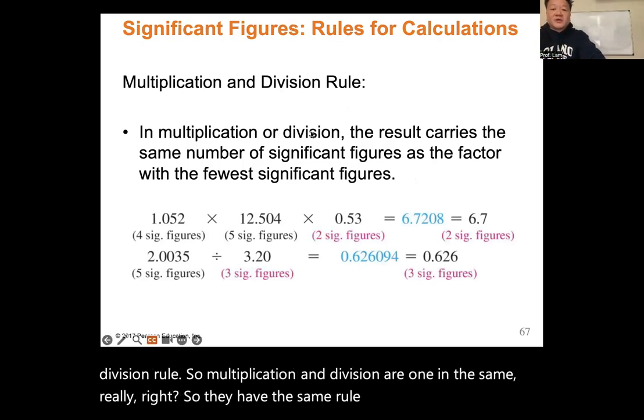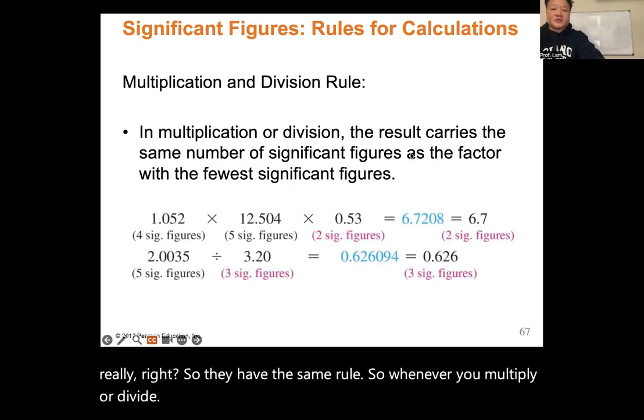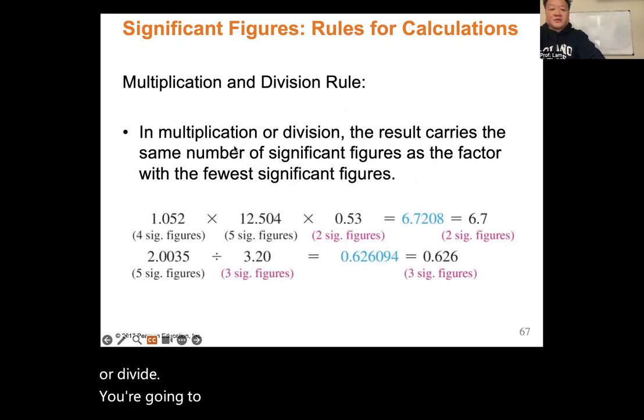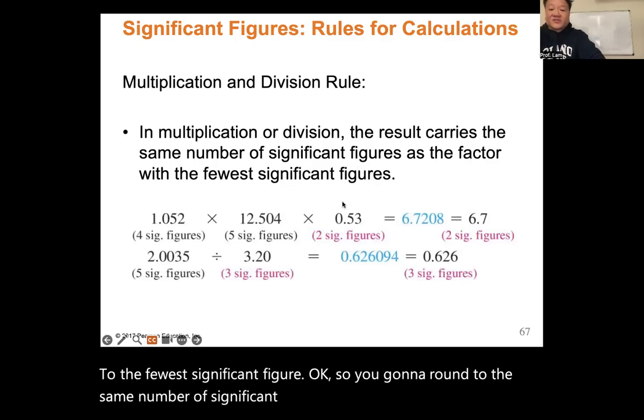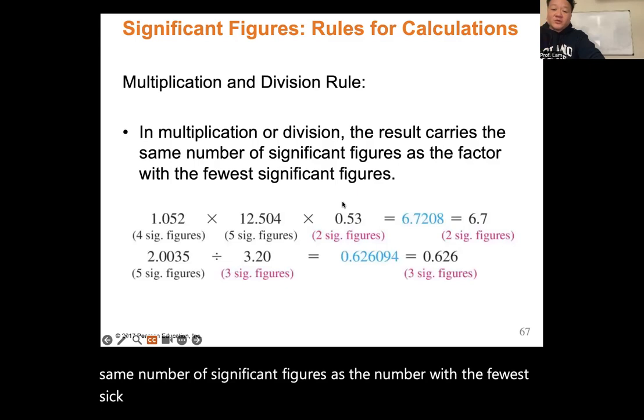So whenever you multiply or divide, you're going to round to the fewest significant figures, okay? So you're going to round to the same number of significant figures as the number with the fewest sig figs. Okay, so what do we mean by that? The example